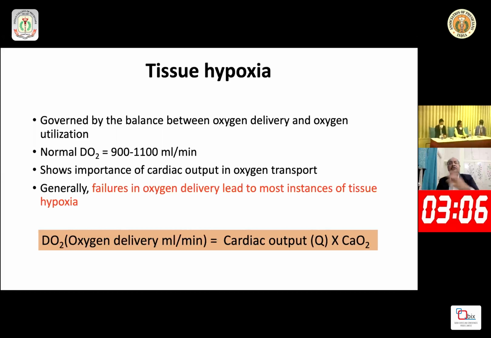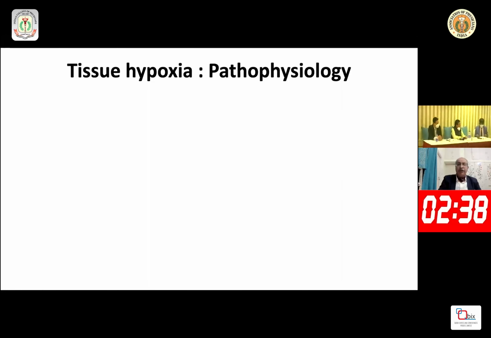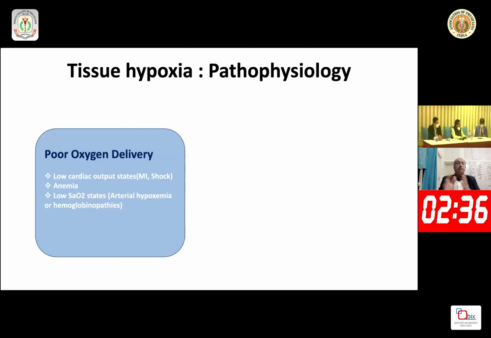Now, it tells us what we had started discussing here. So when oxygen level is less, we call it tissue hypoxia or hypoxemia. And we are already talking about the normal delivery being around 1,000 ml per minute. Therefore, when we have a failure in oxygen delivery, that is what leads to tissue hypoxemia. So that means it can either be a failure of oxygen content, or there is a problem with the delivery devices in these cases. So when you start looking at it, either it is a poor oxygen delivery.